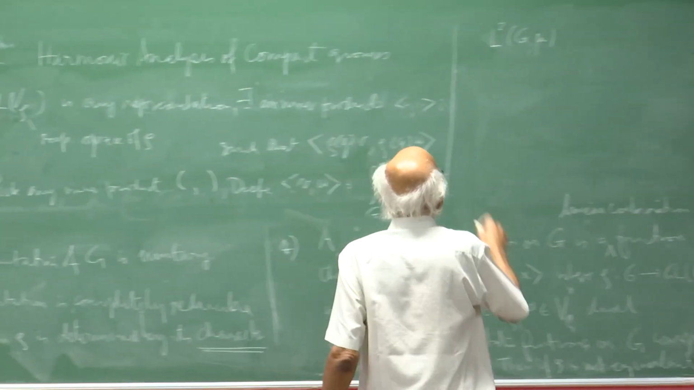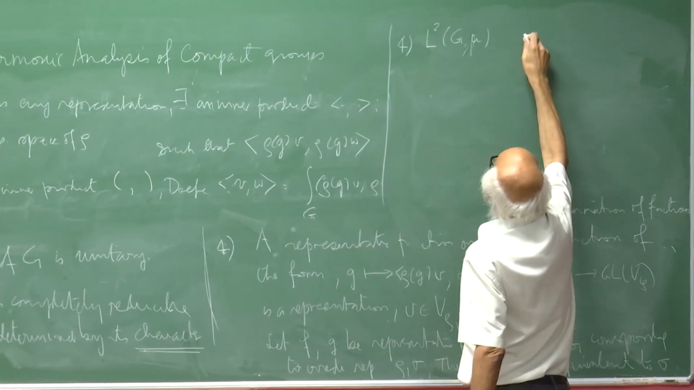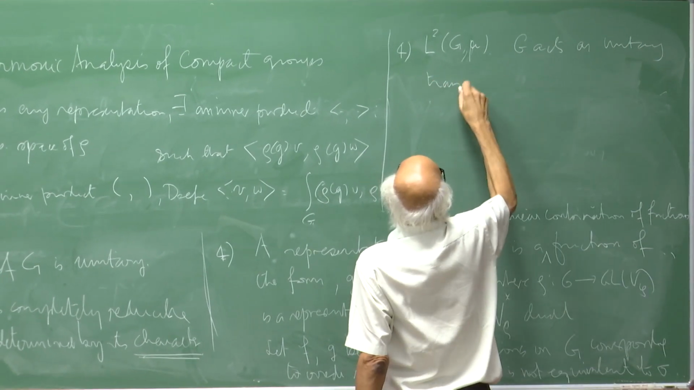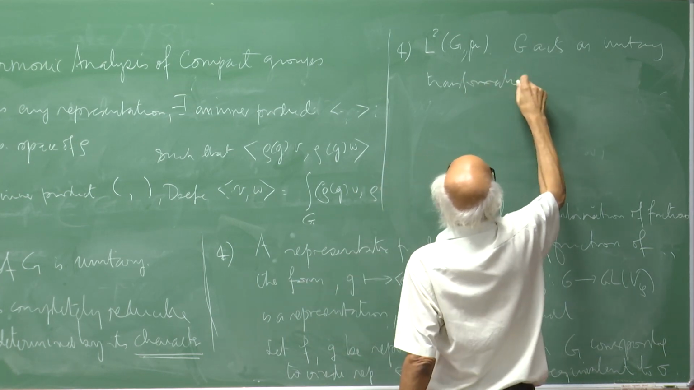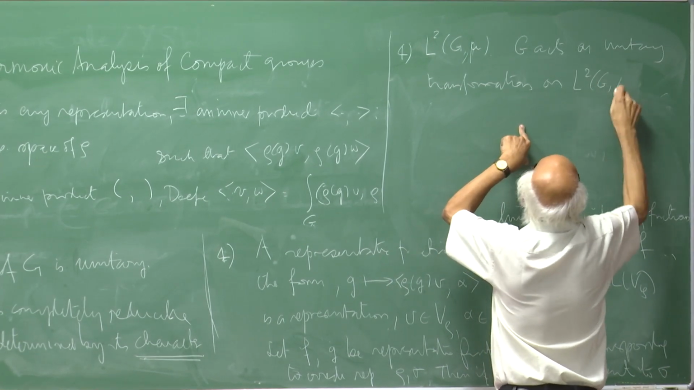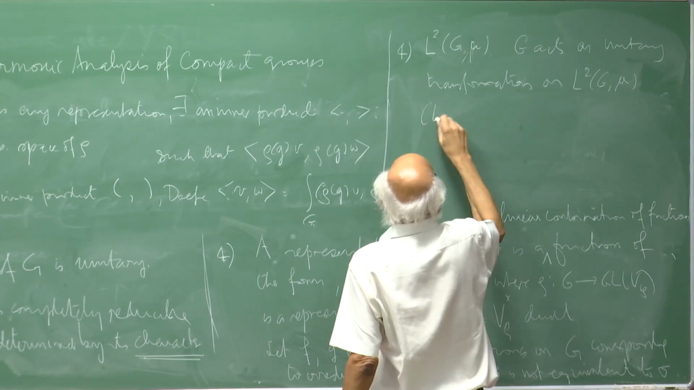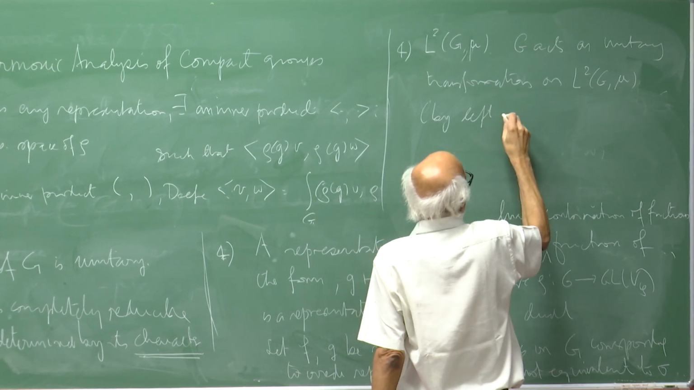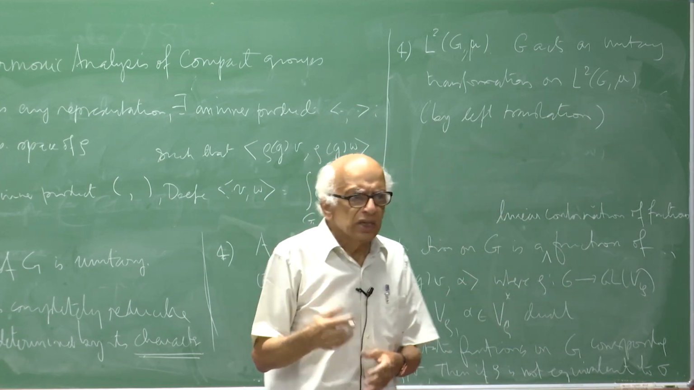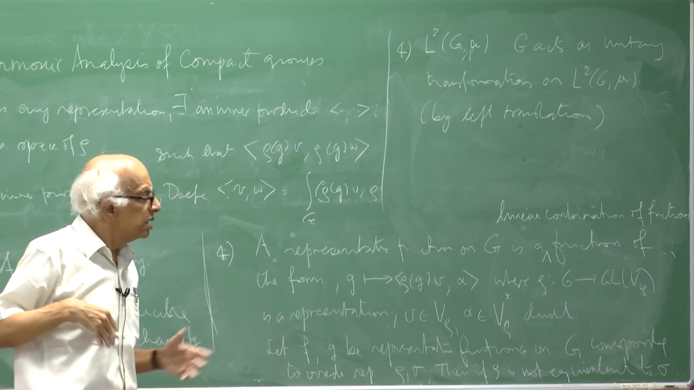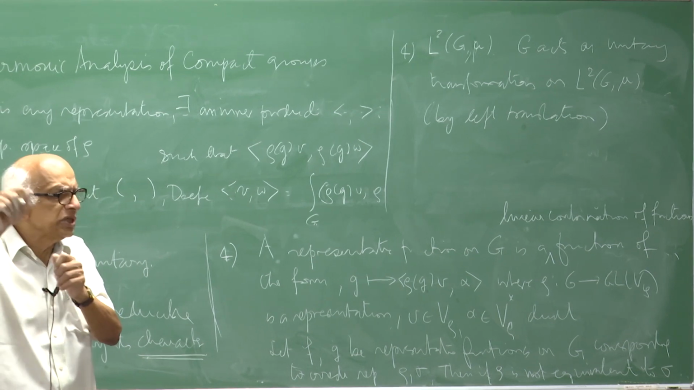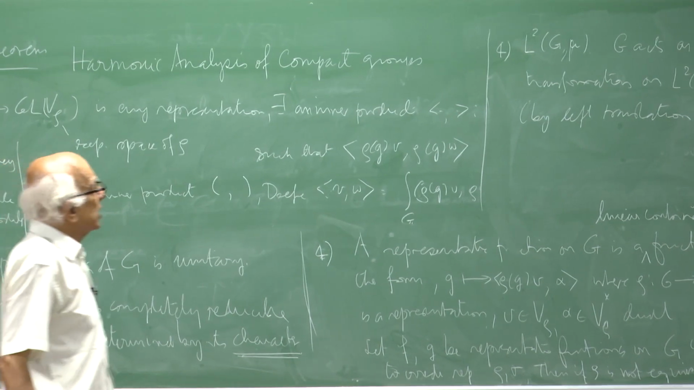And G acts as unitary transformations on L2(G, mu) by left translation. You can also do it by right translation, but the two are essentially equivalent, because by looking at g inverse, left translation by g, and if you want to make the right translation look like it's acting on the left, you'll have to put a g inverse there. That's the kind of thing that happens. Okay, now